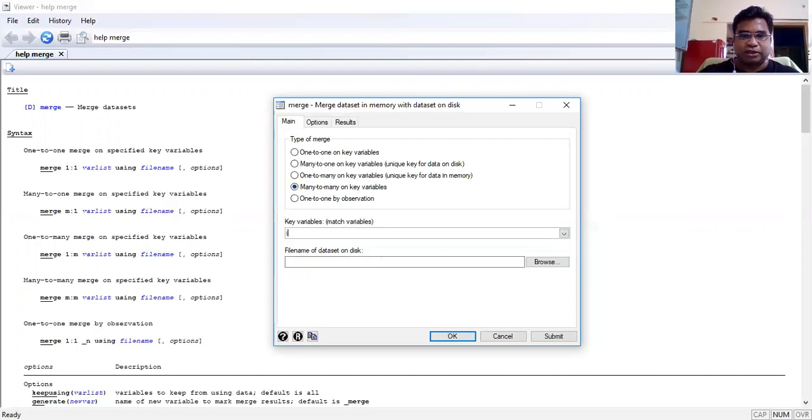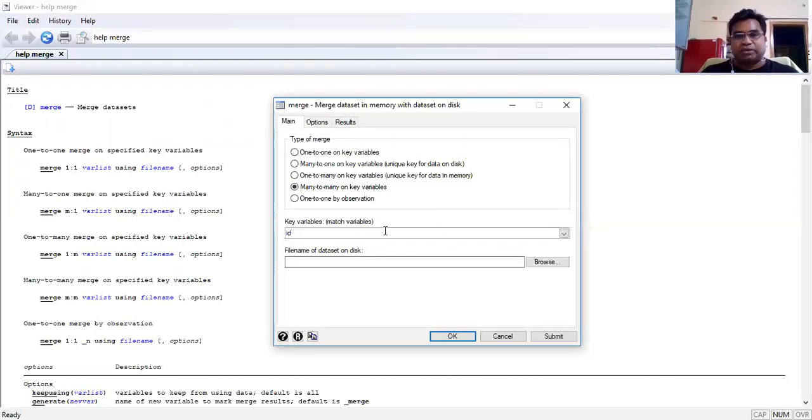I insist that you always do the same thing while doing merging, because if you don't understand the data structure properly, then you will not understand which one to go for, whether to go for 1 to 1 or 1 to many or many to 1. So it's better to reduce the risk in the beginning and go by that many to many on key variable.